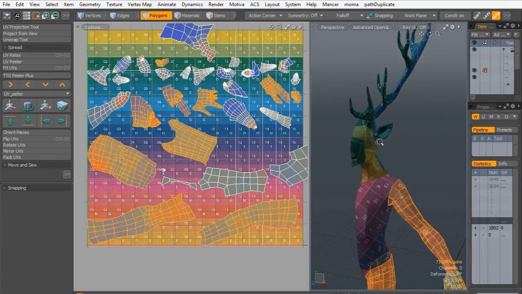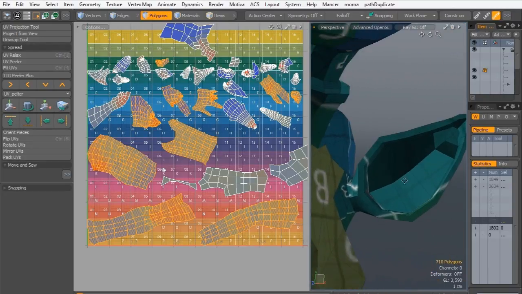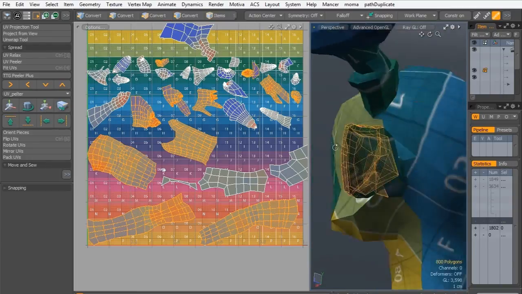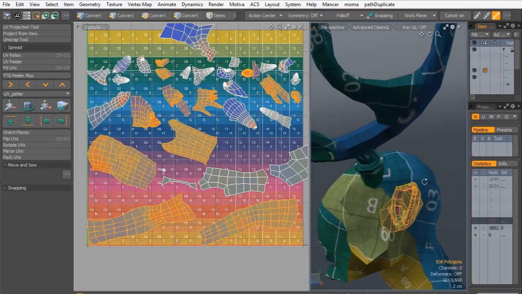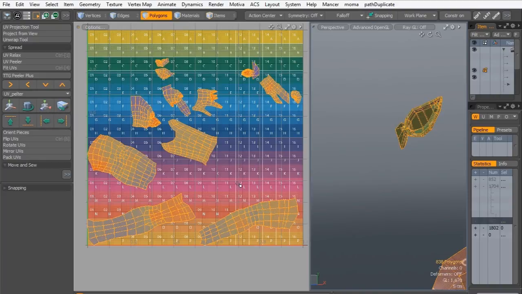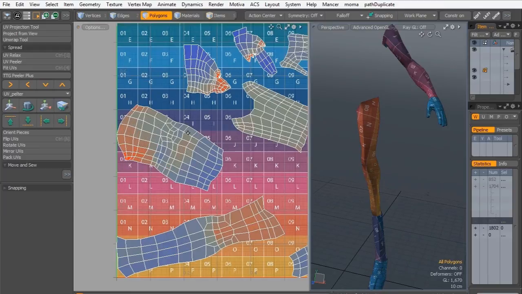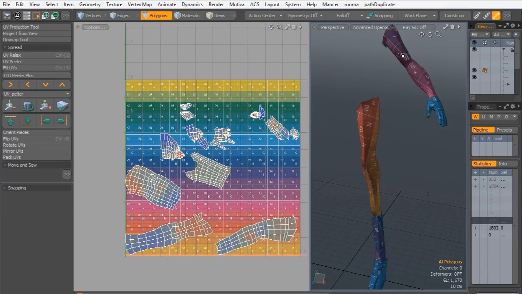So we should take the ear, okay, and we should take the ear once more, the back of the ear, and that's it. We can now move all, we can hide any of these UV islets. So move the hand part over there, okay,